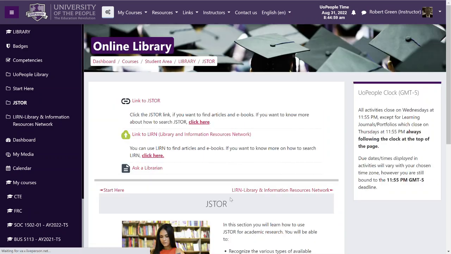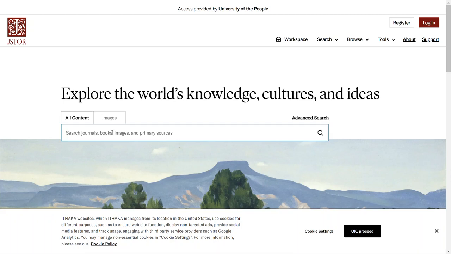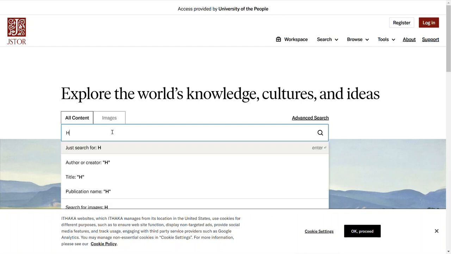So let's go back to this and let's click the JSTOR link if you want to find articles and ebooks. So let's link to JSTOR. And here it says we're going to now have the opportunity to do some searching and explore the world's knowledge, cultures, and ideas. So I want to go through and demonstrate what process you might want to follow as you're doing your research. So we're doing some work on Hawthorne. So if I type in Hawthorne,